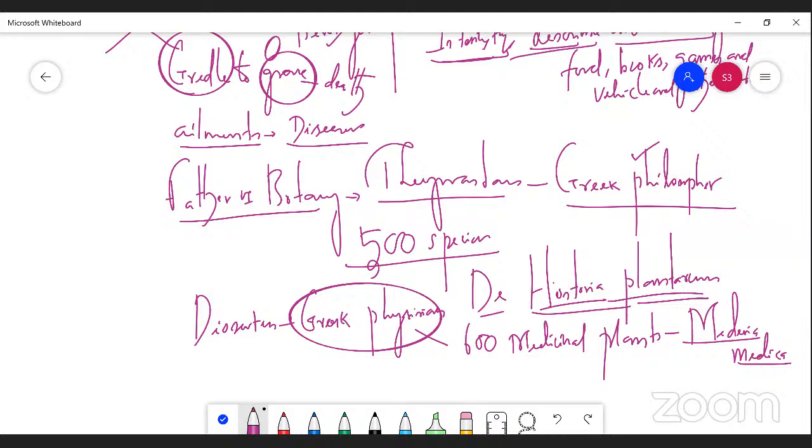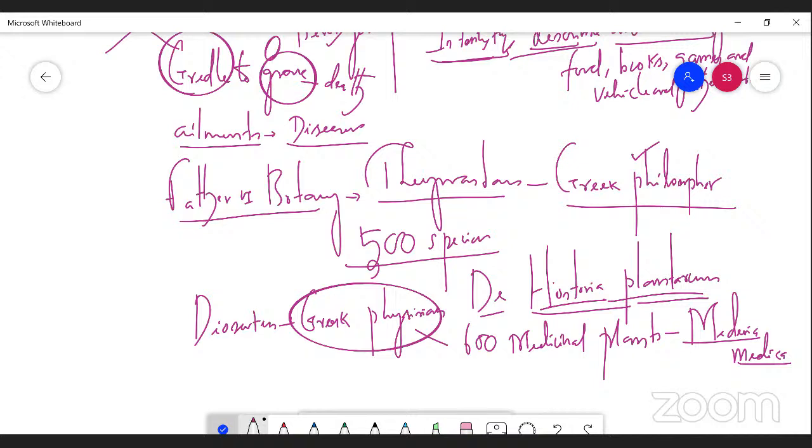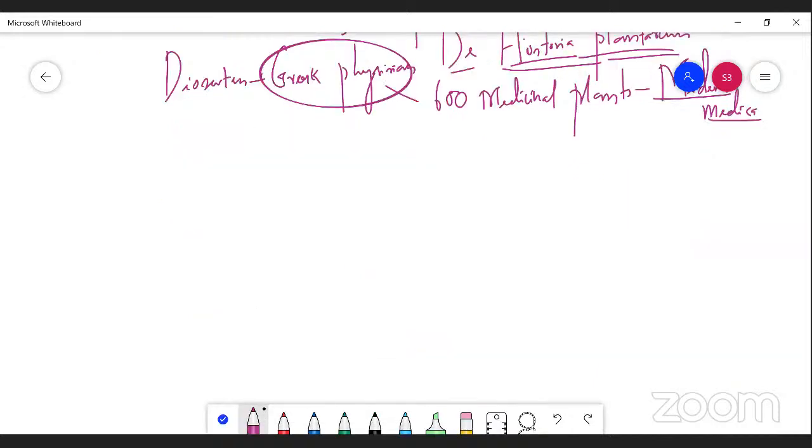Those are a very good help for the classification of plants. Later, from the 18th century onwards,